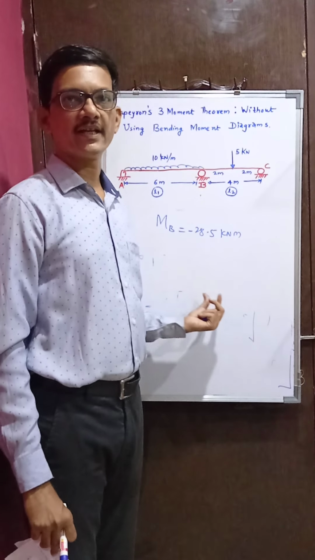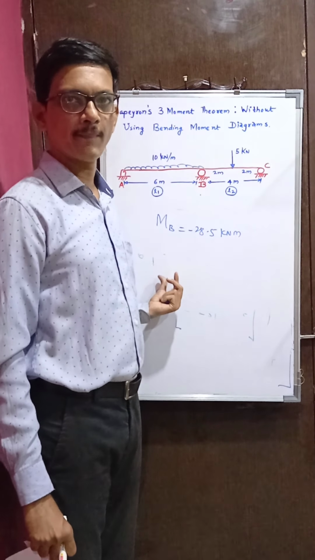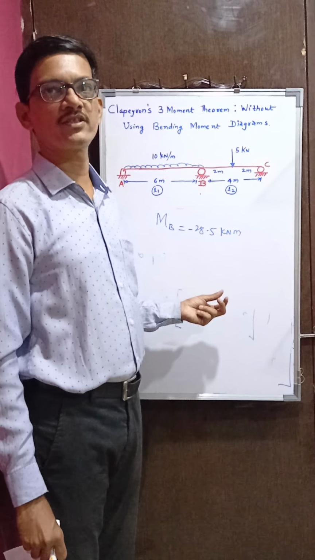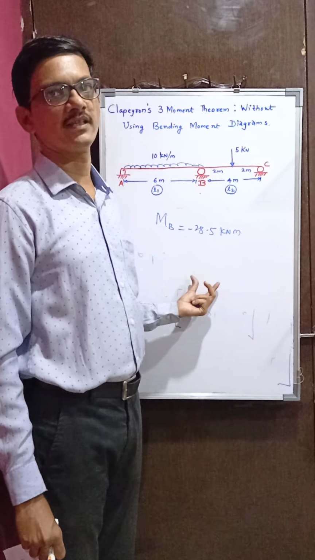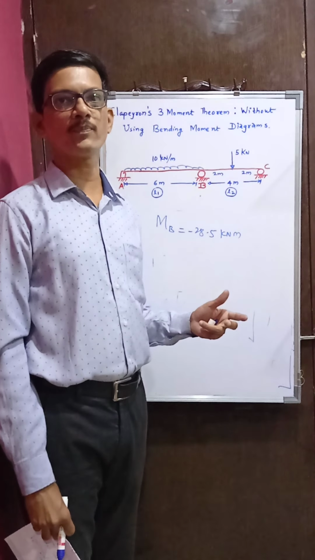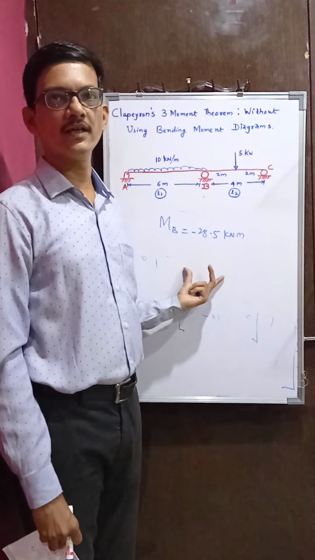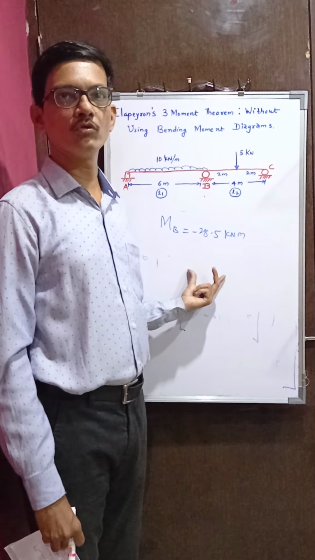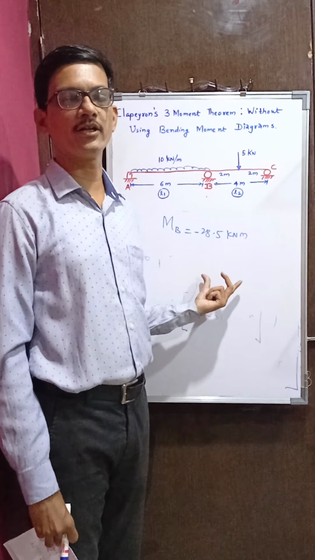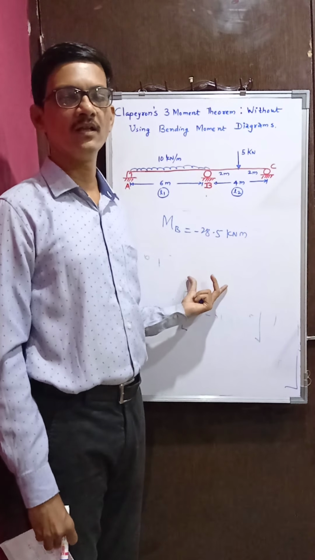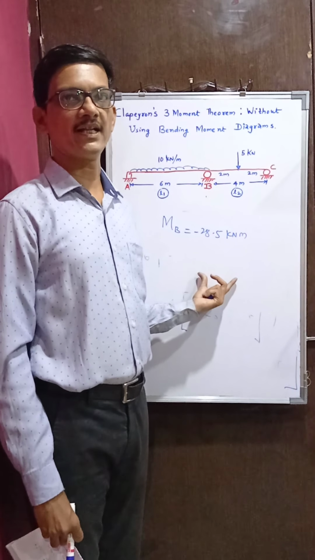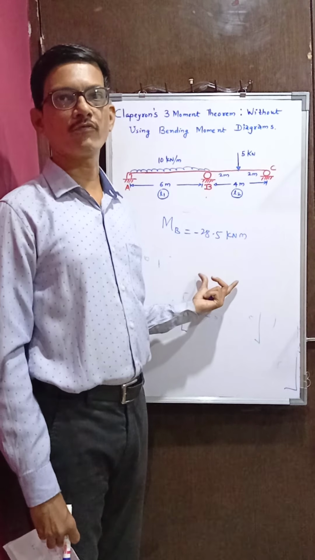And here when I created the Clapeyron's three moment theorem by taking help of slope deflection equations, then also the answer is same. But here the second approach is simple as per my personal opinion, because here we completely avoid drawing those bending moment diagrams and unnecessarily calculating those A1 X1 bar and all those things. Of course, in the second method you should be well versed with all the fixed end moment values, or at least you should know how to derive the fixed end moments.